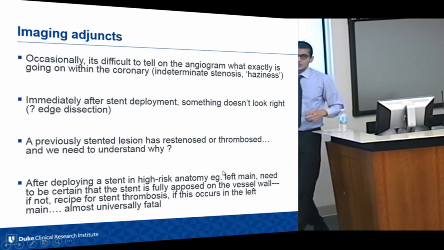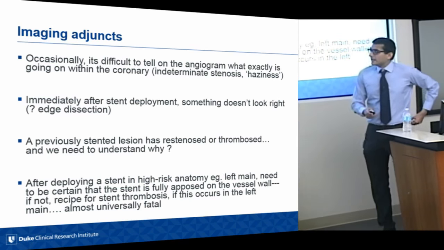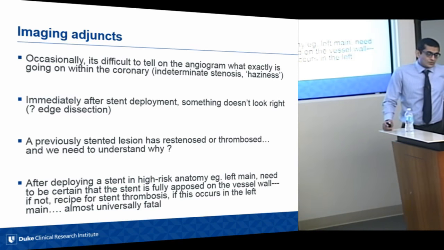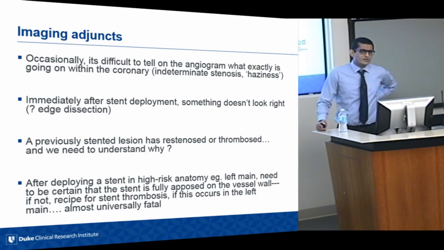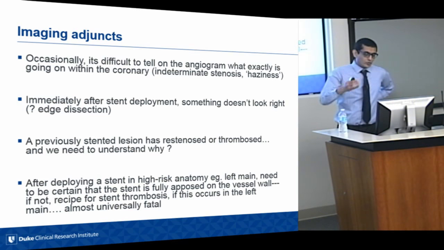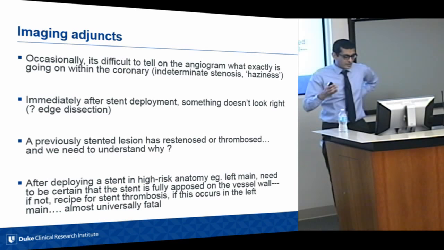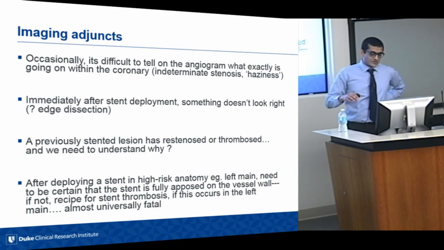What are the other imaging adjuncts that we could use? We use imaging essentially to tell, when it's difficult to tell on the angiogram what exactly is going on within the artery. And so if there's indeterminate stenosis or whether there's some haziness in the artery, we're not really sure what's happening. We deploy a stent and something really doesn't look right at the edge. Is it a tear within the edge, or a previously deployed stent has re-stenosed or has thrombosed